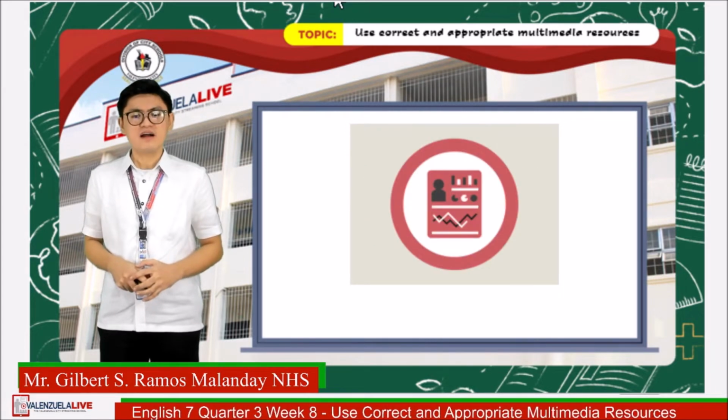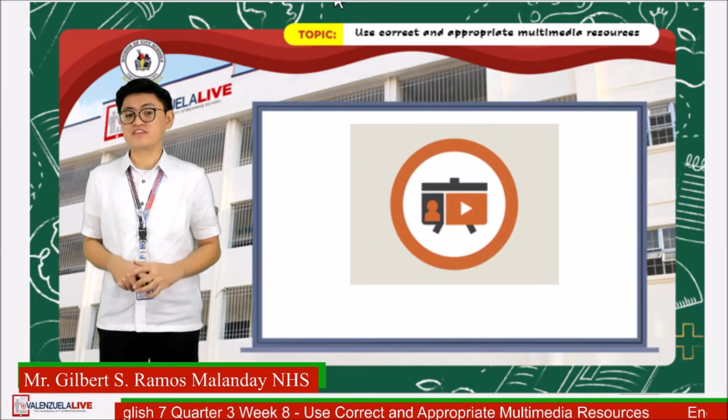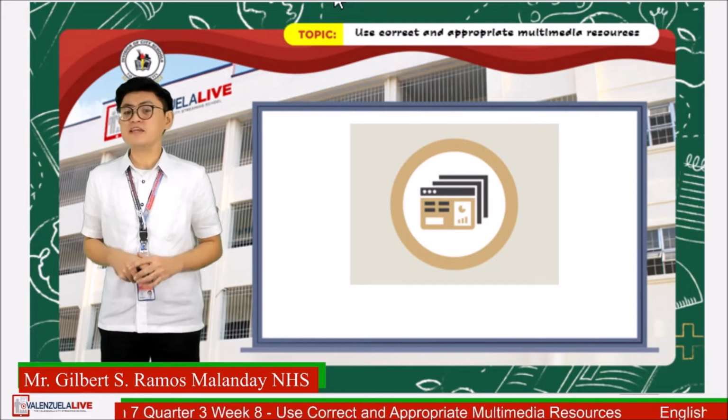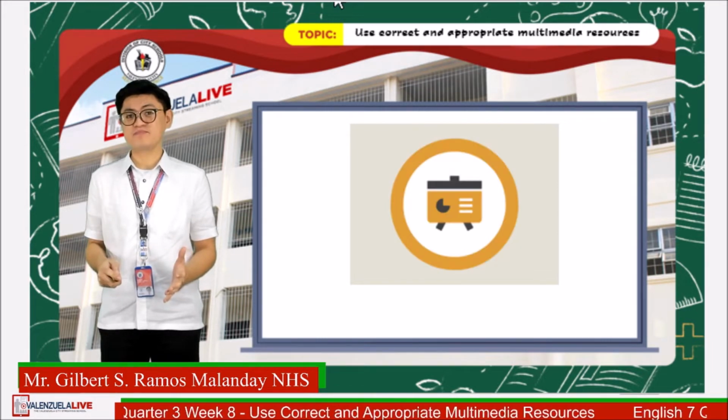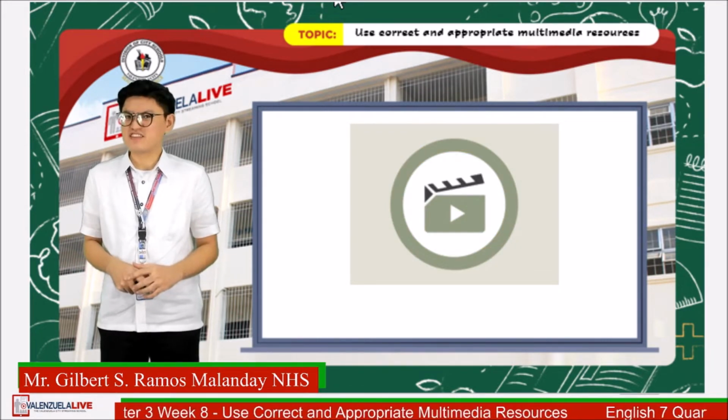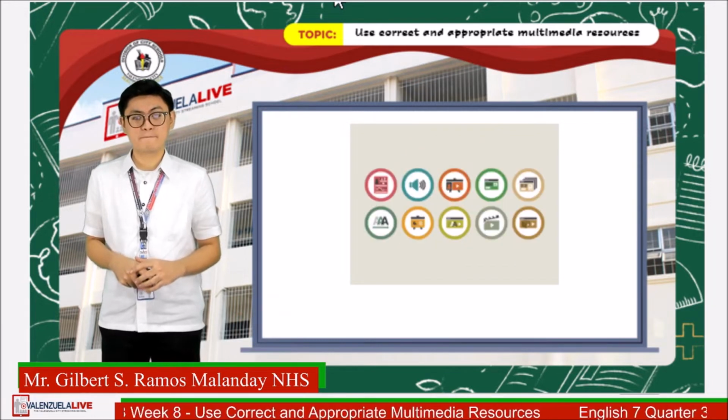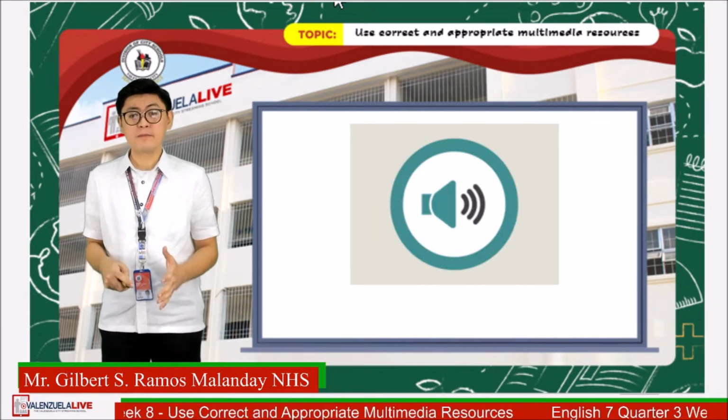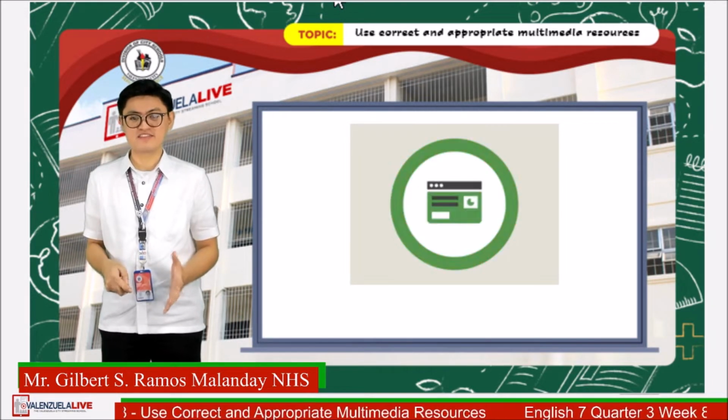Print media are materials that are printed on paper and can be read anytime and anywhere. These are newspapers, magazines, books, and flyers.